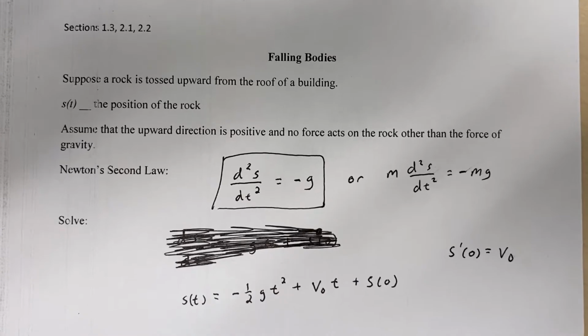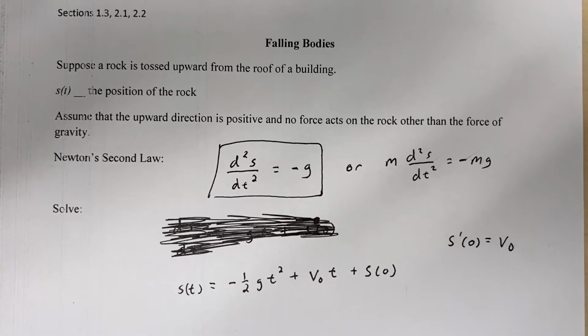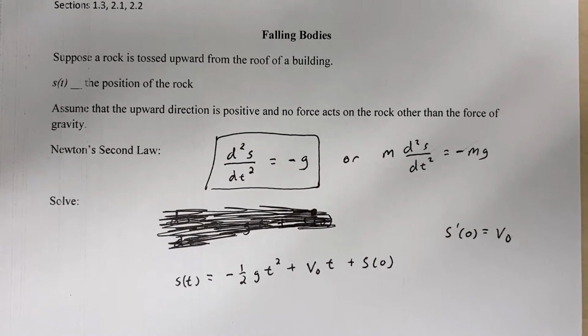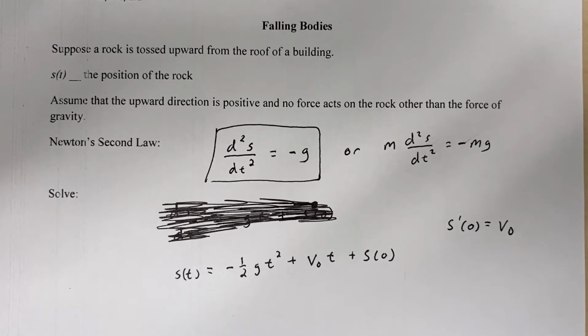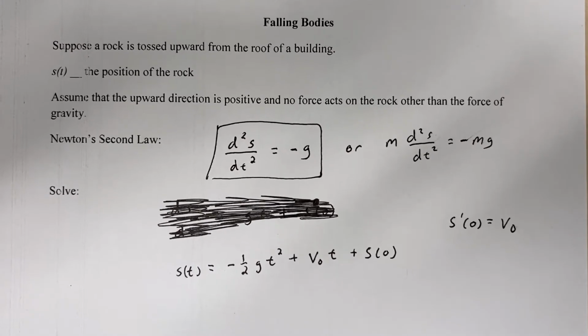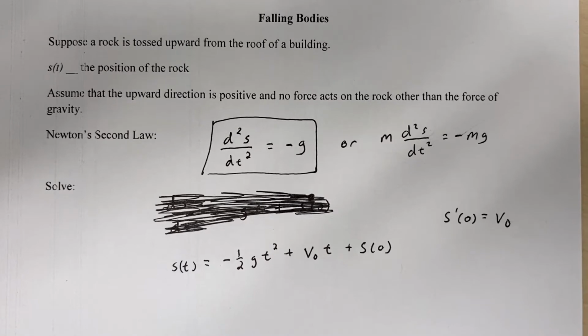So, falling bodies. Suppose a rock is tossed upward from the roof of a building. The position of the rock is s(t). Assume that the upward direction is positive and no force acts on the rock other than the force of gravity. So we have Newton's second law. Because force is equal to mass times acceleration,